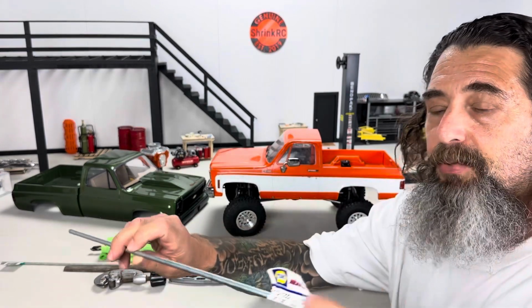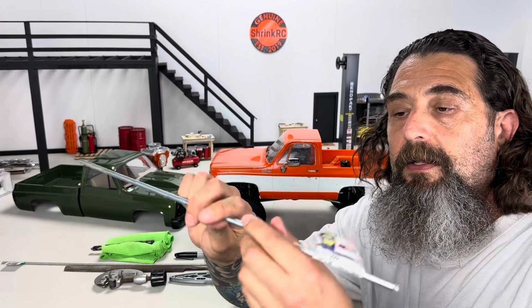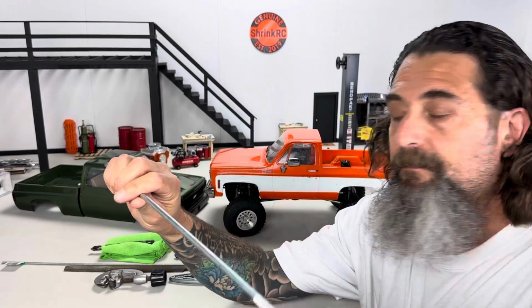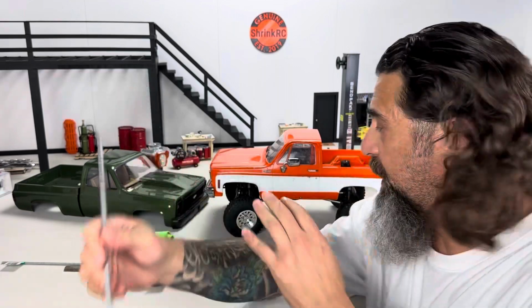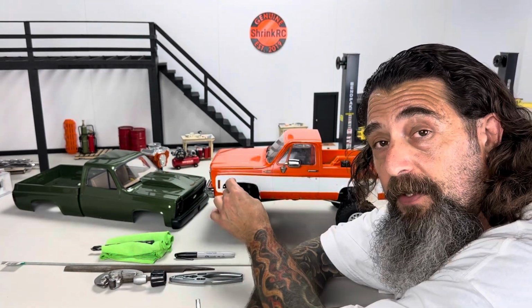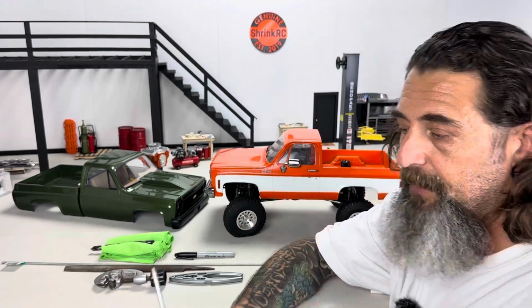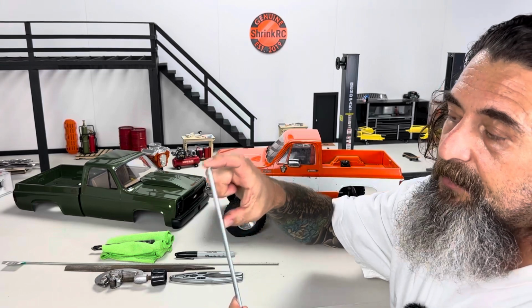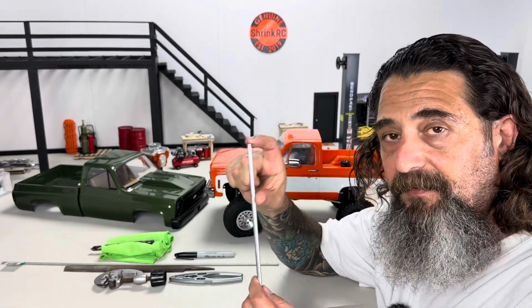This is brake line for a car. I got this at Napa Auto Parts. It's 1/4-inch brake line. And for the Traxxas TRX4 with a Blazer body or a Mojave 2-door or a 4Runner, they all use the same length links in the rear. And what you're going to want to do is cut yourself 4 sections of this brake line at 66 millimeters